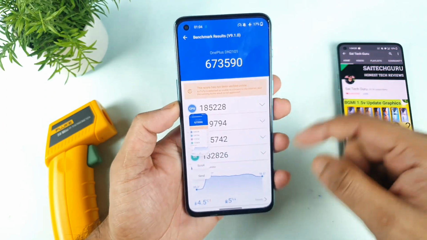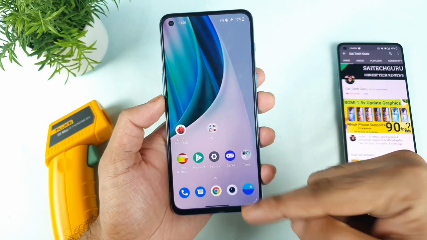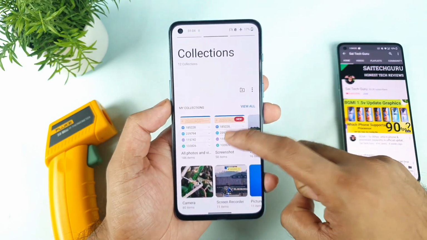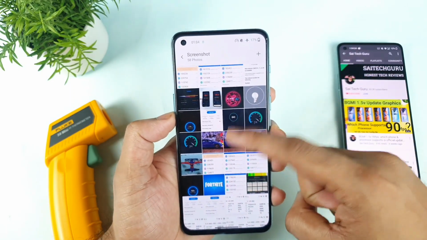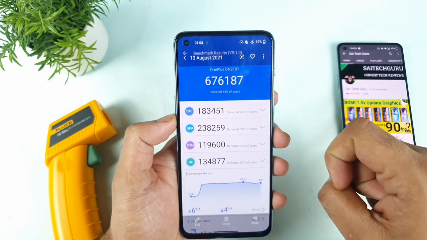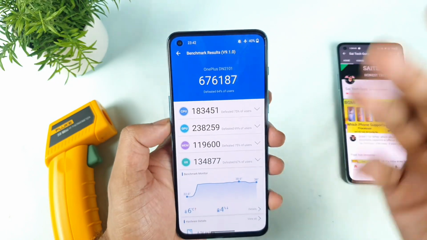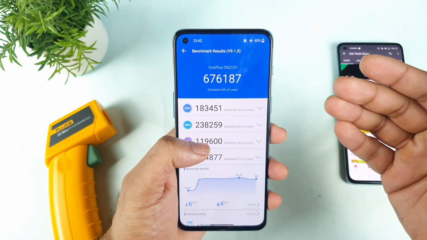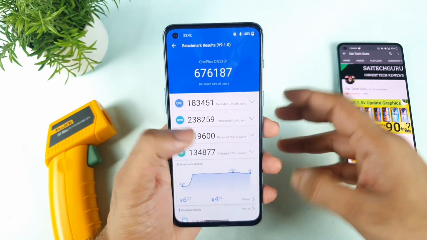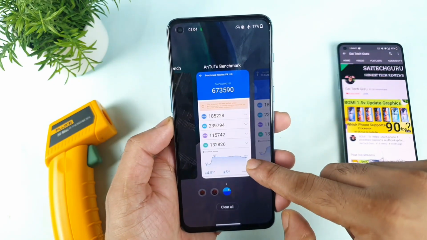I'll take a screenshot and show you a couple of other Antutu benchmark scores which I got before. Let me open the screenshot folder. Let's see what happened with the before Antutu benchmark. I think the highest was 6,76,000 before, as you can see. So this used to be my highest Antutu benchmark score, and right now I got about 6,73,000. You can compare them side by side.